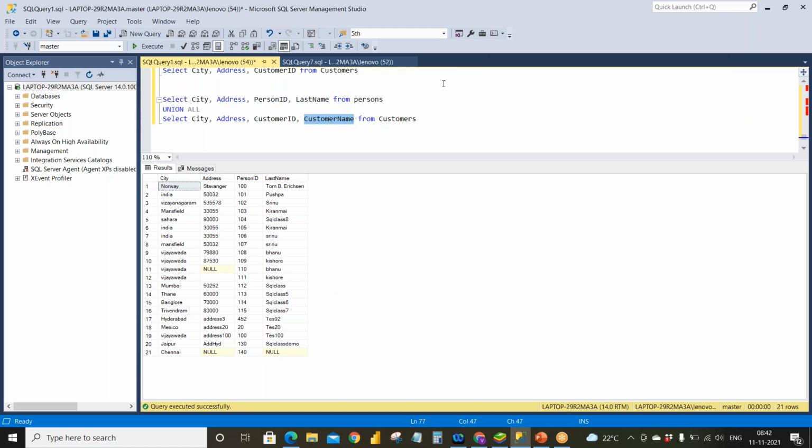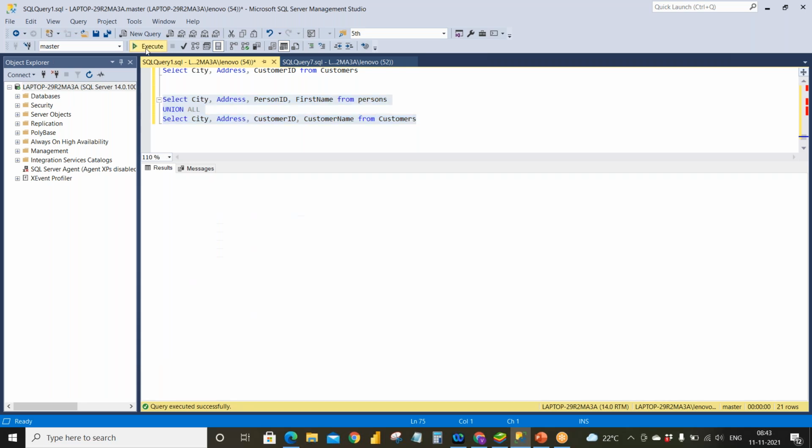And if you observe the names, it is taking the names of the first table: city, address, person ID, last name, but it is not taking the names of the second table: city, address, customer ID, customer name. It is getting the data of the customers table as well, as you are doing union. These 17 to 21 rows are the data of the customers table.